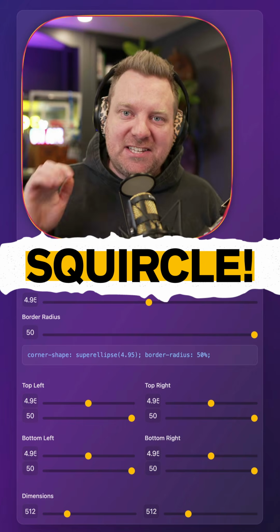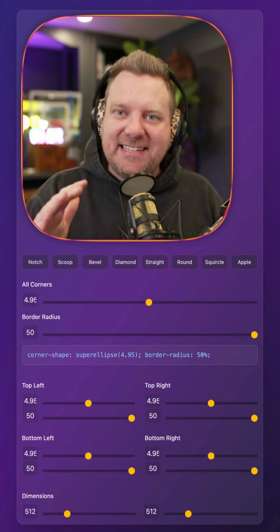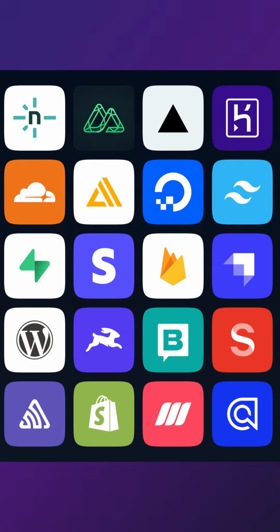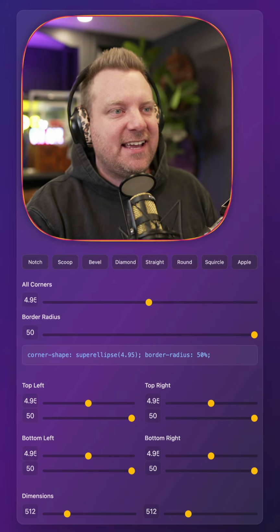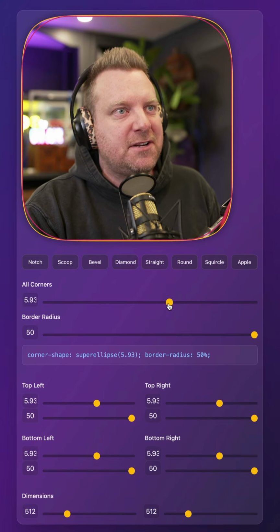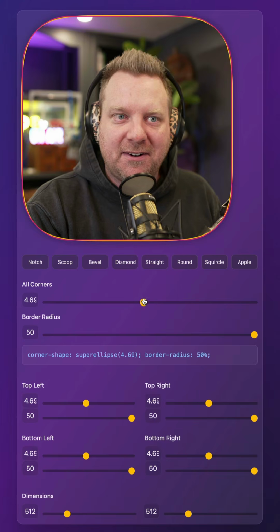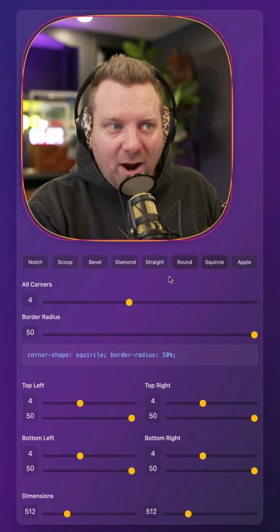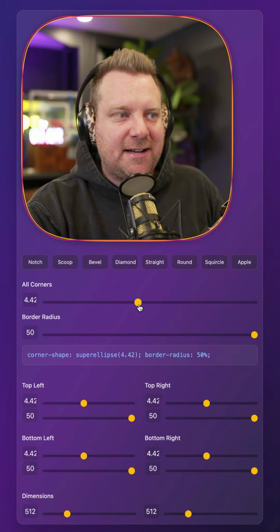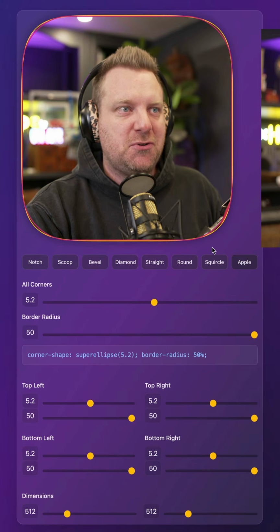This shape is called a squircle, and once you see it, you're going to see it everywhere in everyday design. It's different than a rectangle with just rounded corners on the end. It uses something called a superellipse. Now, before iOS 7, Apple actually used a rectangle with rounded corners, and they switched to a superellipse with